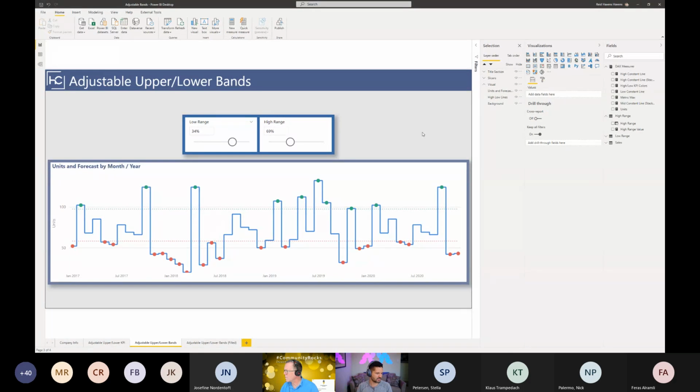I think we're about good for time, so I'll skip the very last section, but in with the bands right here. Are there any other questions about the bands that we have? Otherwise, I can also open it up to general questions about Power BI and anything else that you might want to ask me.